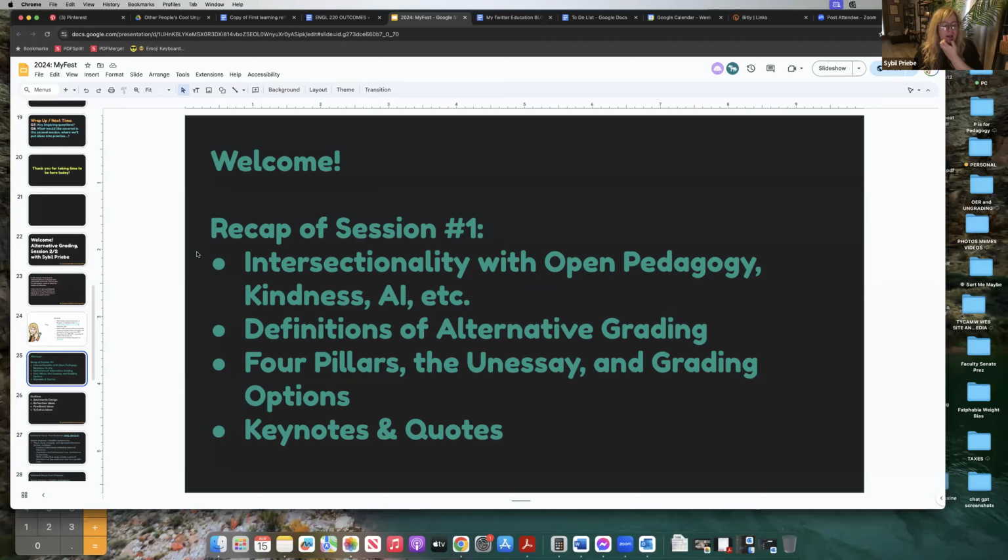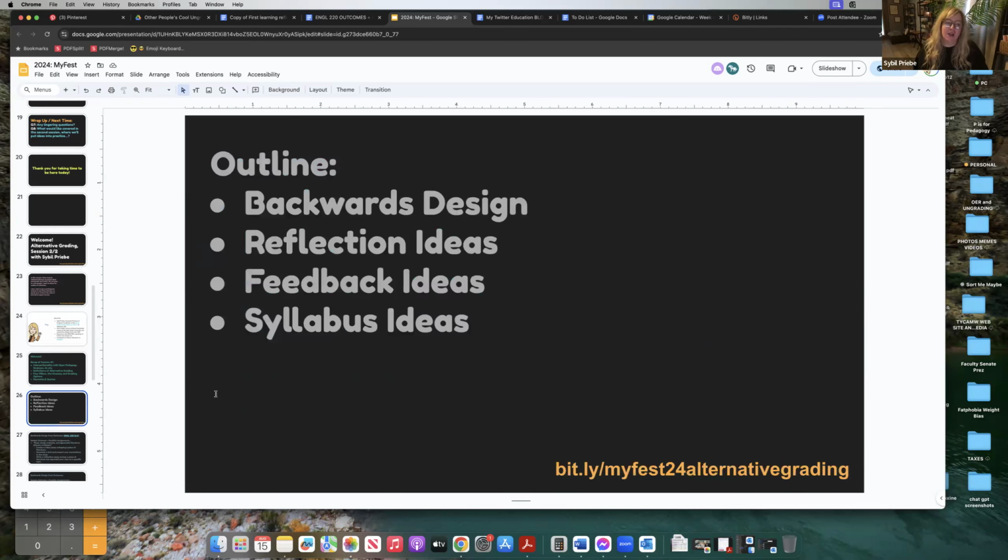And then I did share some keynote summaries and quotes. So if you want to go back at any point in time, day 1 of this is just a couple of slides up. So slides 1 through 20 were from Tuesday. All right, slide 26. So today, for the next 45-ish minutes, we'll just play around with backwards design,